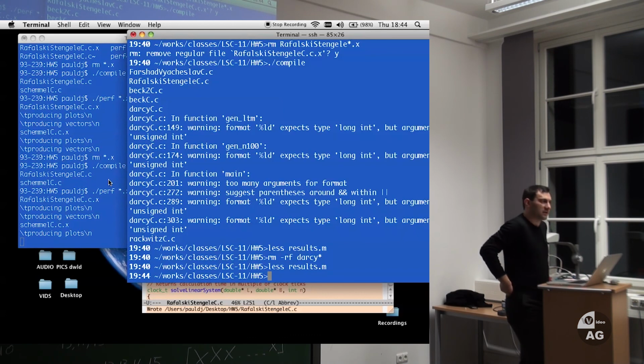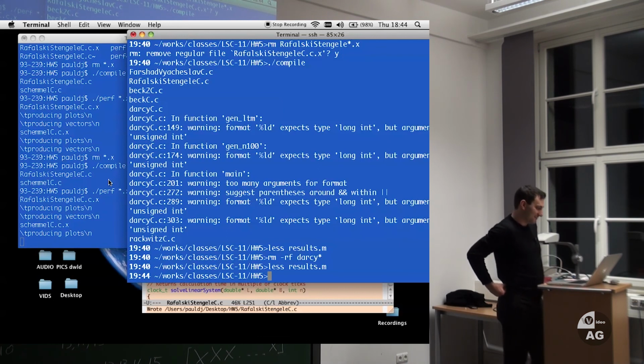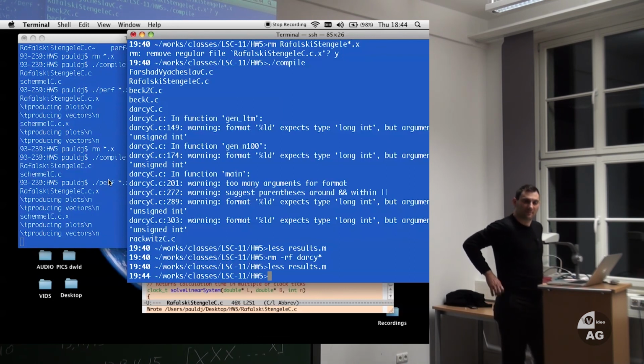Have you guys compared against BLAS? Yes, we are faster. Against which BLAS? With standard, no surprise. Of course. I mean, Goto or MKL. Or Atlas. Yeah, Atlas is not so good.